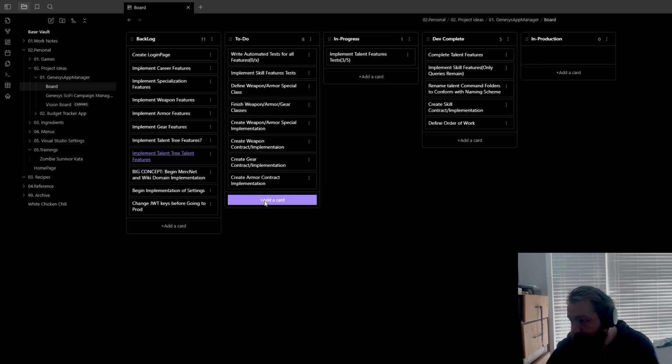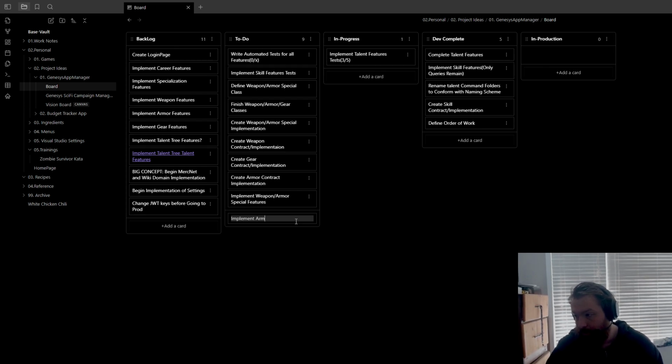I think after we have the implementations, the next thing we'll do is implement weapon / armor special features. And then we will implement weapon / armor